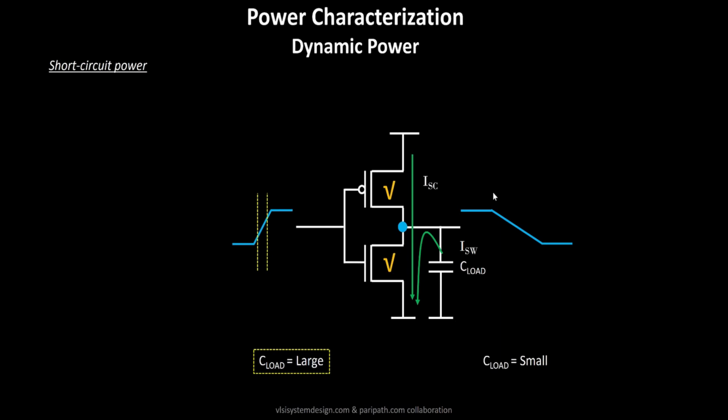Now in this scenario, your input is switching faster than your output. Your input is fast, your output is slow. So by the time the input switches from logic 0 to logic 1, this particular node has just started to switch from logic 1 to logic 0. So there is a very high chance that by the time your input switches from logic 0 to logic 1, this node is still at VDD. If this node is still at VDD or around VDD, there is no potential difference from this point to this point, and as a result, you will see zero or close to zero short circuit current. That was about what happens whenever our C load is too large.